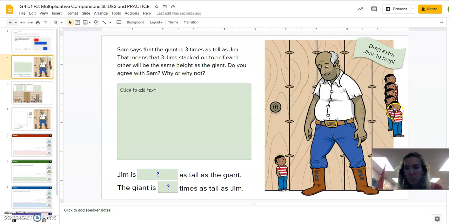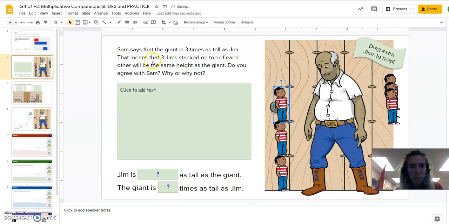Okay, well, let's see. I'm going to take these little Jims. Here we go. There's 2 Jims on top of each other. And here's 3 Jims. Well, Sam says the giant is 3 times as tall as Jim. Is he? Well, that didn't work out. They aren't the same. He's actually more than 3 times. I pull over another Jim, and the giant is actually what? 4 times as big